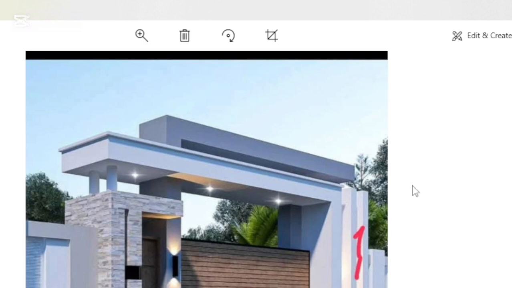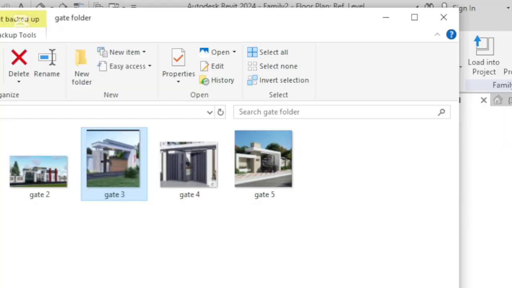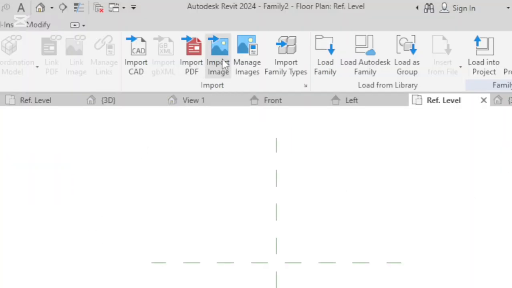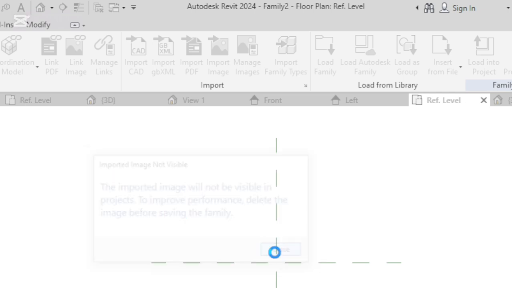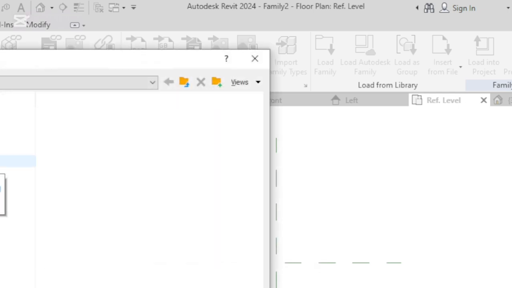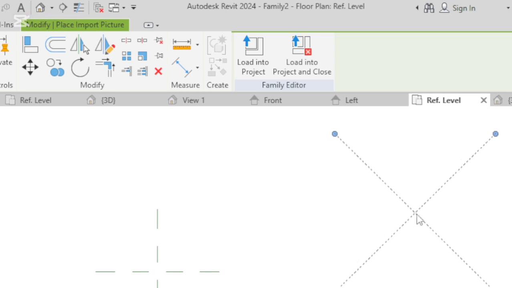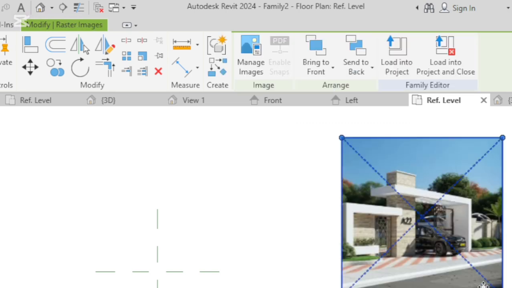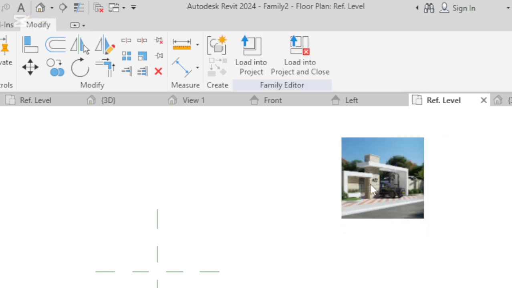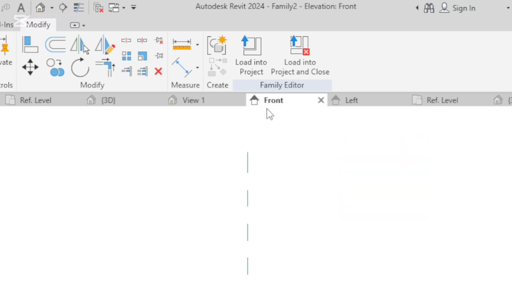Okay, let's do this quickly. Let's go up from here. So let's go for gate 5. Import an image. Close. Okay. Gate 5. This is gate 5. Open. Look at it. Something like this. Therefore, let me narrow it a bit. But I didn't need this thing here. I really want it to be in a front view. In our front view,